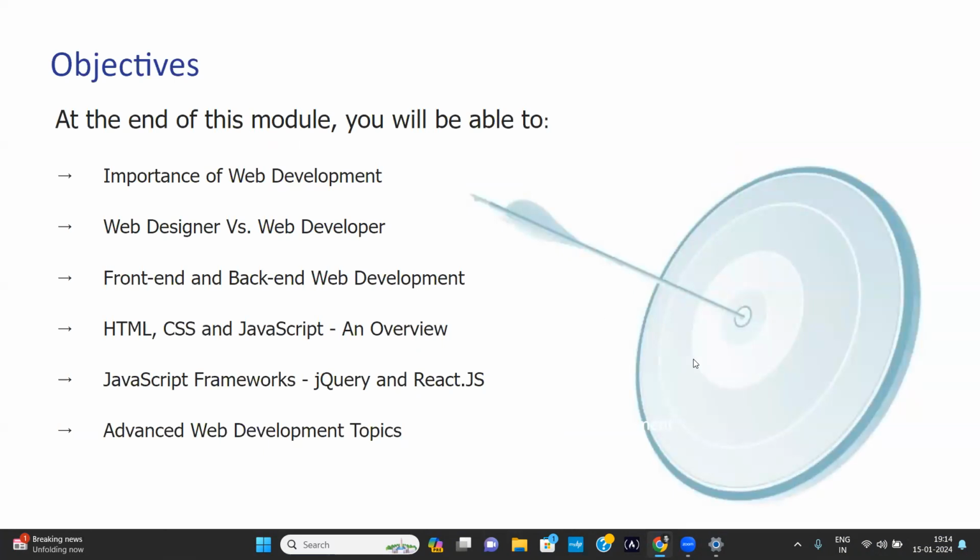The basic objective of this boot camp: I have already explained the importance of web development, the difference between a web designer and a web developer, and of course, what front end and back end web development are. And an HTML, CSS, and JavaScript overview, different JavaScript frameworks, jQuery, React, and we will